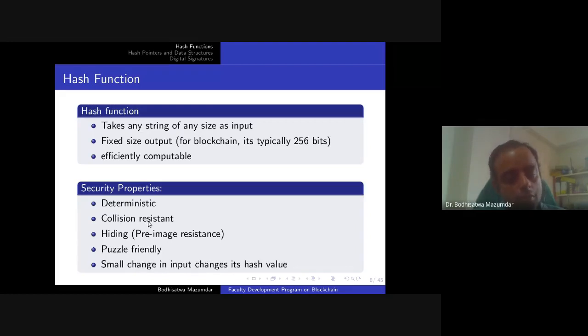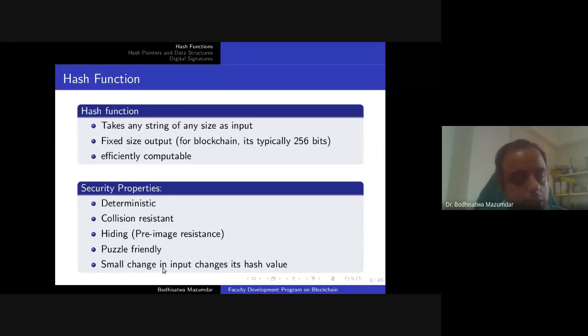I will come to the details of each of these. Third is the hiding property. Then fourth, puzzle friendly. This puzzle friendliness property is applicable to hash functions that are applied to a blockchain system. It is not necessary for other applications of a hash function. This is specifically required for a blockchain system. And fifth,